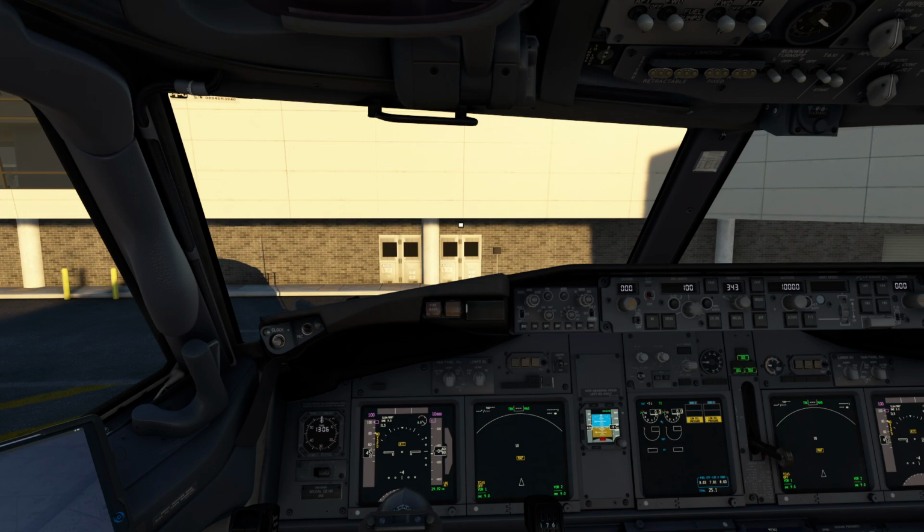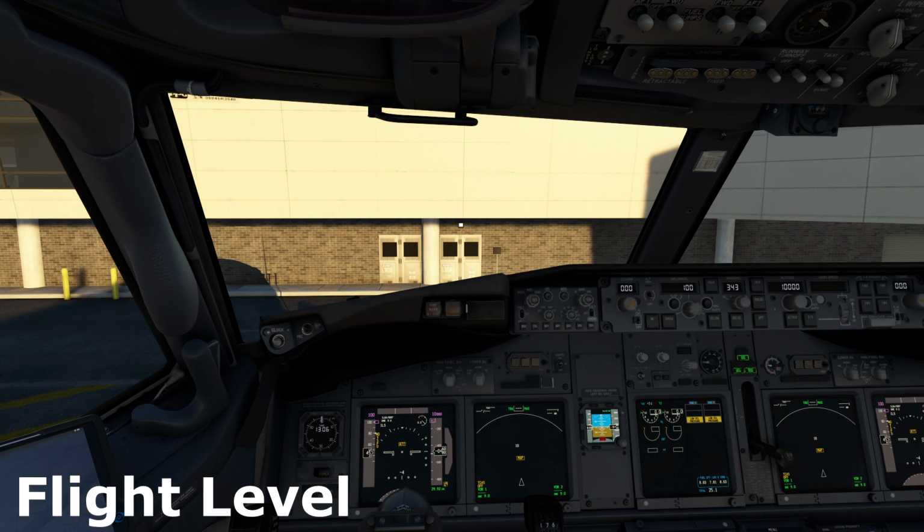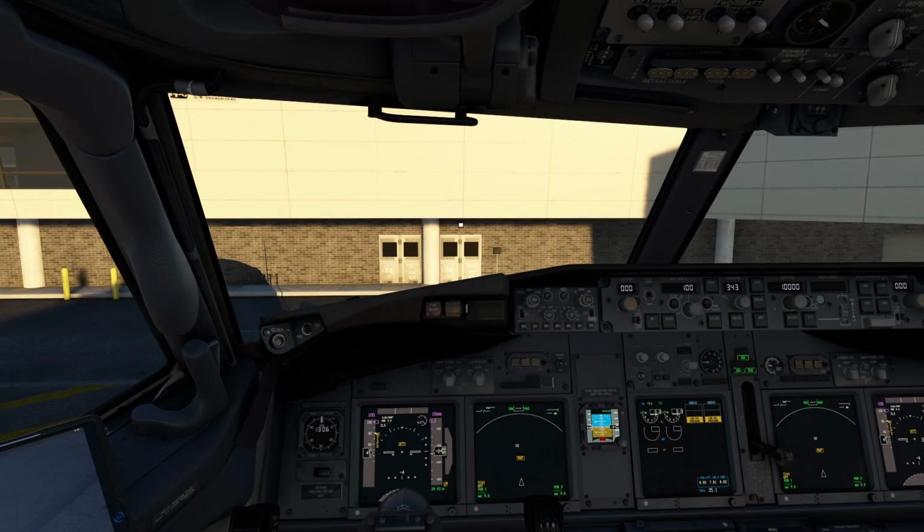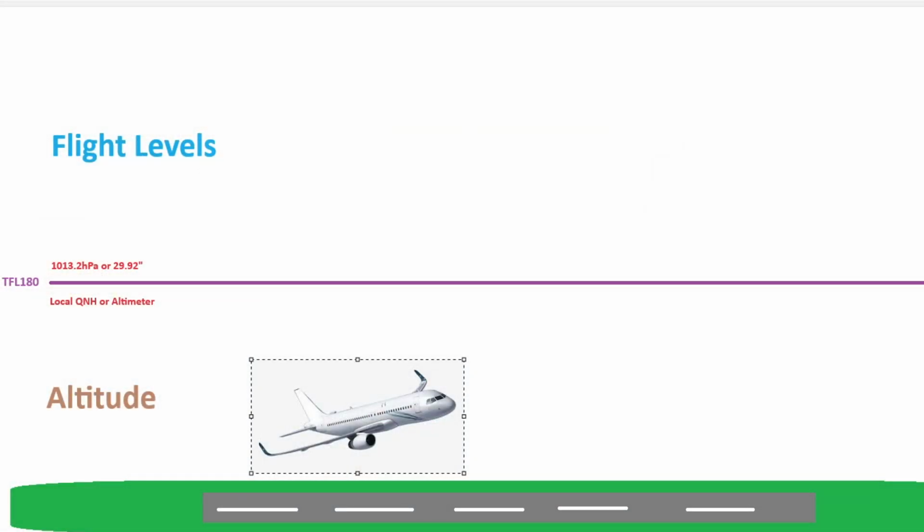Another term which I want to explain so people can understand is the term flight level or altitude. Now the difference between altitude and flight level is basically to do with the transition altitude. So to explain this a bit more with how a flight level would work, we want to understand about the transition flight level or altitude. So in the United States and in Canada, they have a standardized transition flight level of 180, meaning at 18,000 feet it will transition to a flight level.